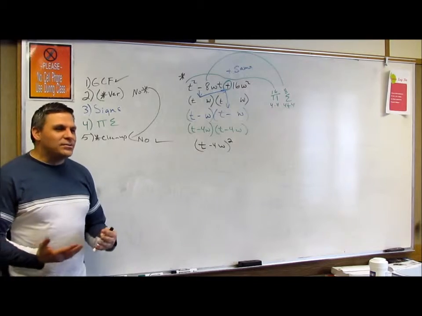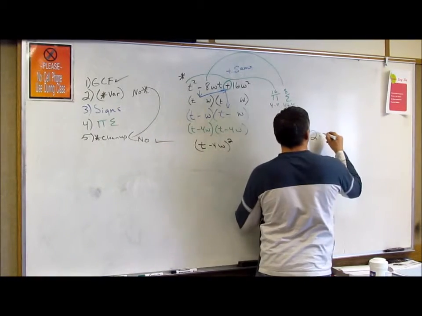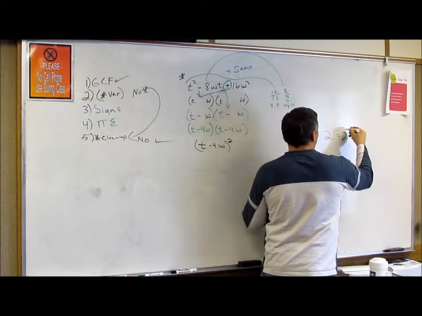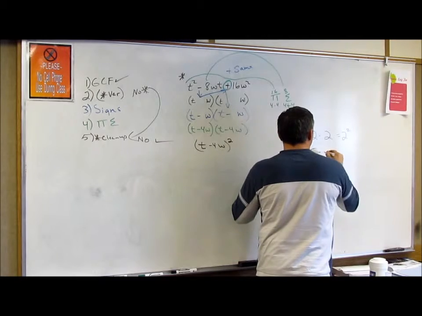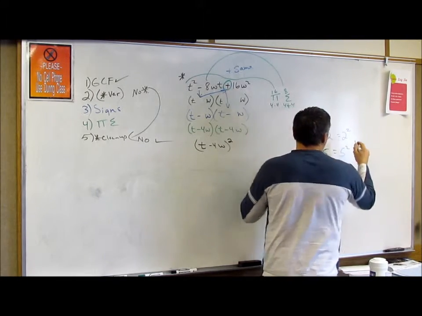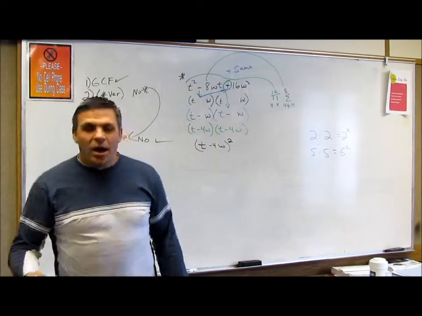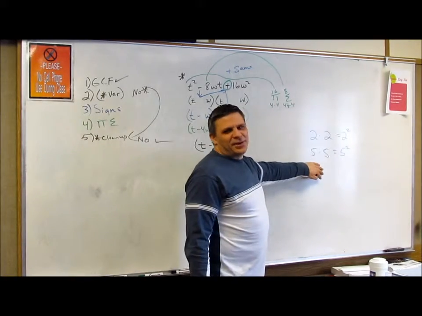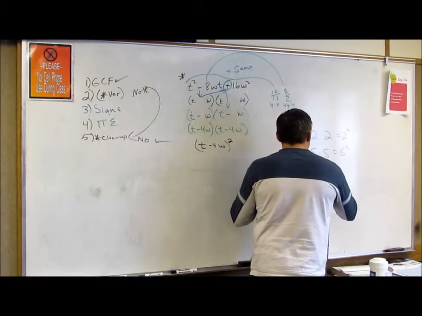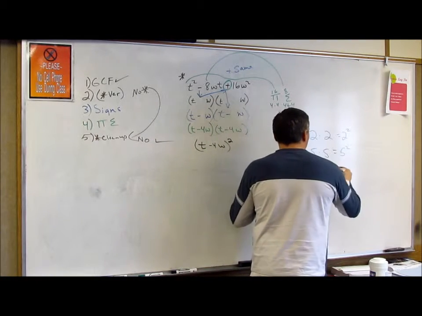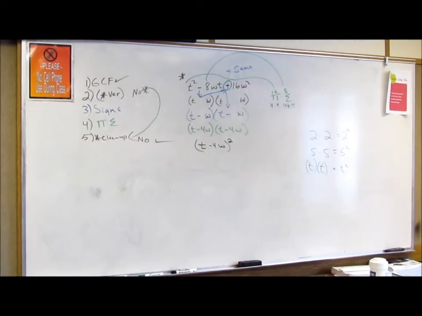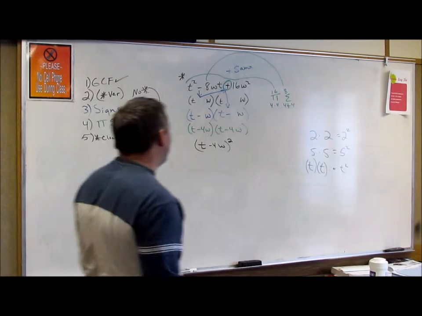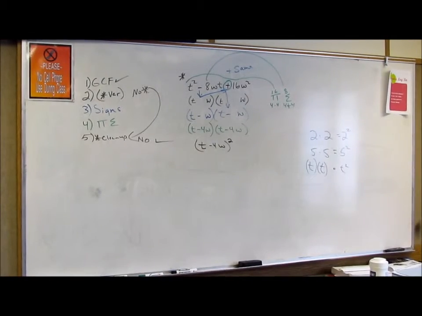If you would have seen a 2 times 2, you would have known that was 2 squared, right? If you would have seen a 5 times 5, you would have known that's 5 squared, right? That's easy to see, right? Oh, but a lot of times we see it as 25 and 4, though, right? So what about this? T times t. You would have seen that as t squared, though, right? So eventually, I should probably pause that. Eventually, we'll see that those polynomials are just square